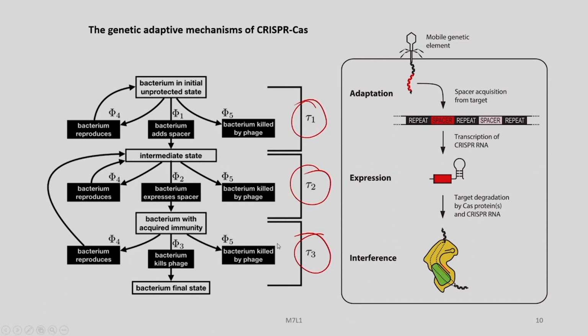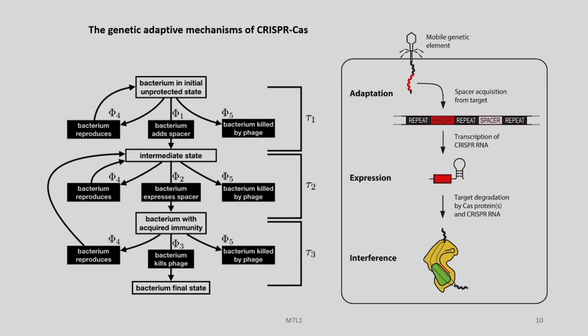Now, if you look into the figure on the right side, this corresponds to the stage called adaptation, this corresponds to the stage called expression, and this corresponds to the stage called interference. So, we are now trying to describe this Markov chain model in the physical terms, what goes on in the bacteria's